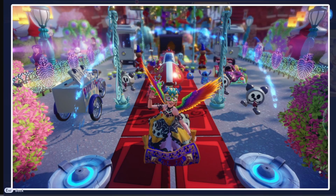Then we have this submission here, which again has this parade stretch of road. So we have the ice cream cart, we have Vanellope's car, we've got the Oswald trolleys, the aerial carriage, and the pumpkin carriage in the background. I do see also the camels, we've got a lion statue, so a lot of elements here to act as floats and carts and things like that for the...